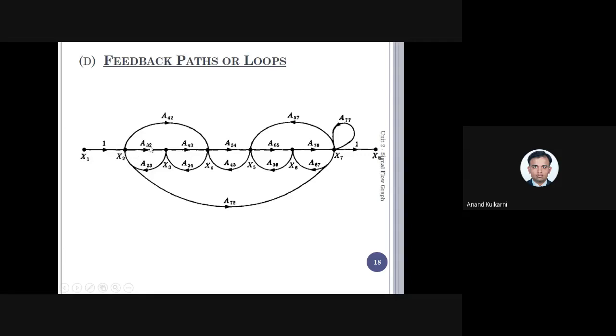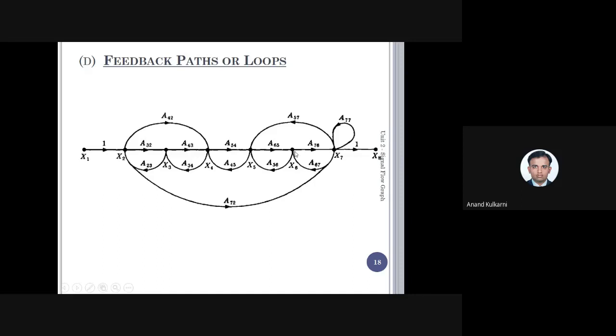See here. Now from 2 to 3 it is going, and from 3 to 2 it is returning. So this is one loop. Then from here also it is going and it is returning. So this can be one more loop. Then similarly, if we go to node number 3, one arrow is going outside and one more is returning. So this is one more loop. If I go to node number 4, one arrow is going like this and one is coming like this. So this is one more loop. Then if I come to node number 5, one arrow is going like this, one is coming like this. Is there anything which is going forward and not returning? No.